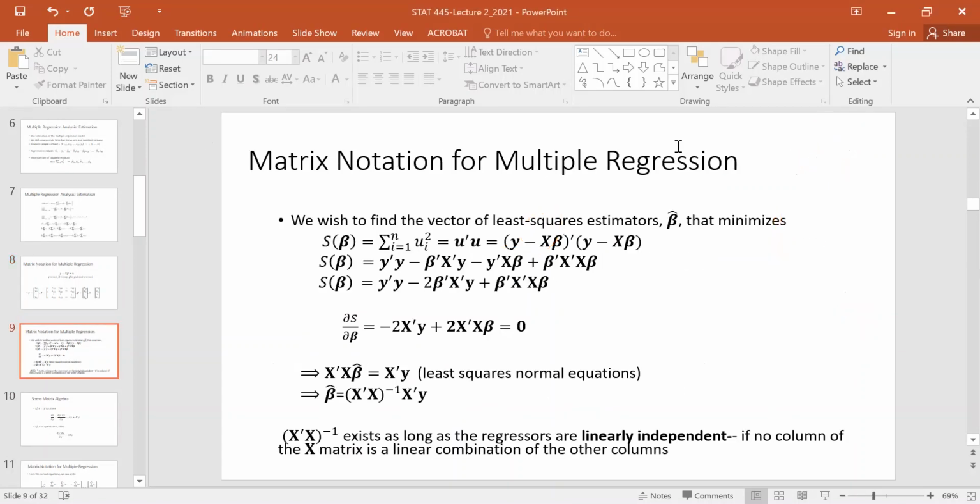Now, let's go through the minimization problem to solve for beta, the OLS estimators. Let S(beta) be the minimization problem. Of course, we are squaring our errors or residuals, summing them and minimizing. Now, the transition from here to here comes from matrix algebra. I'm going to do only one of them. After that, you are responsible for exploring any matrix representation you see here. I want to show you why